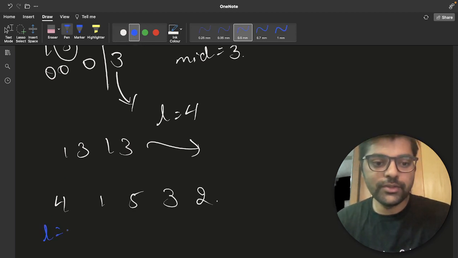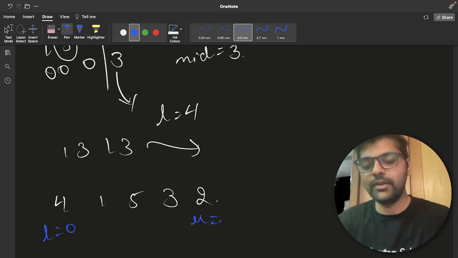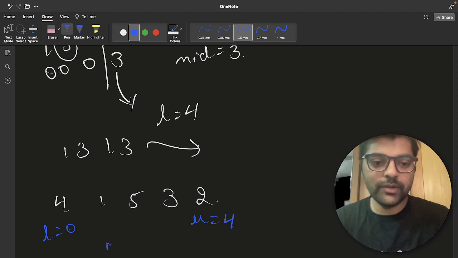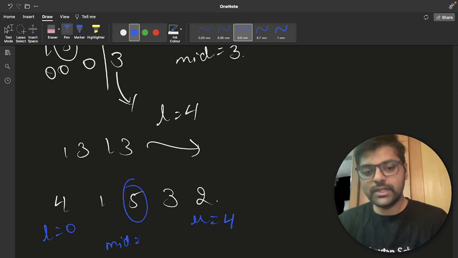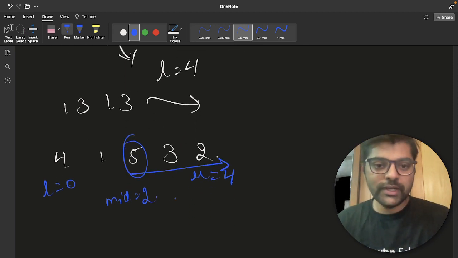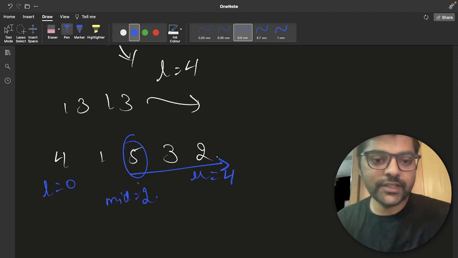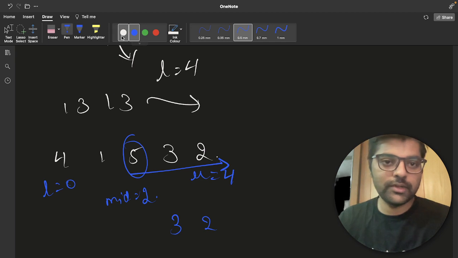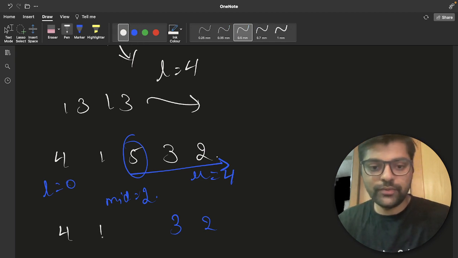L equal to 0, R equal to 4. Then our mid will become this one, 4 1 5 3 2. So is it non-decreasing? This does not satisfy the condition. So what we will do? We will go on the right side, 3 2 and 4 1 5.